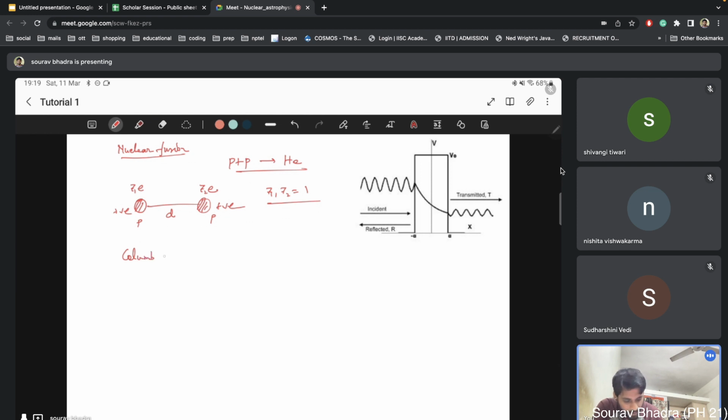Maybe I am writing the Coulomb repulsion wrong. So, that is Z1 Z2 e square by d. This is the repulsive force. Okay. Now,